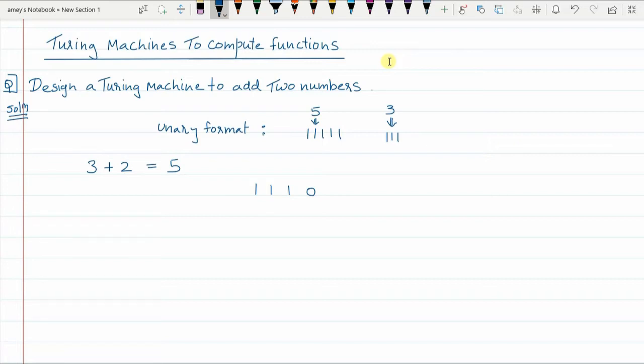Since I want to add 3 plus 2, I have inserted 3 onto the tape, then there is a padding 0, and then I insert 2 on the tape. As I told you, initially the input pointer points one position to the left of the input string. So this is the tape of the Turing machine that I was talking about.